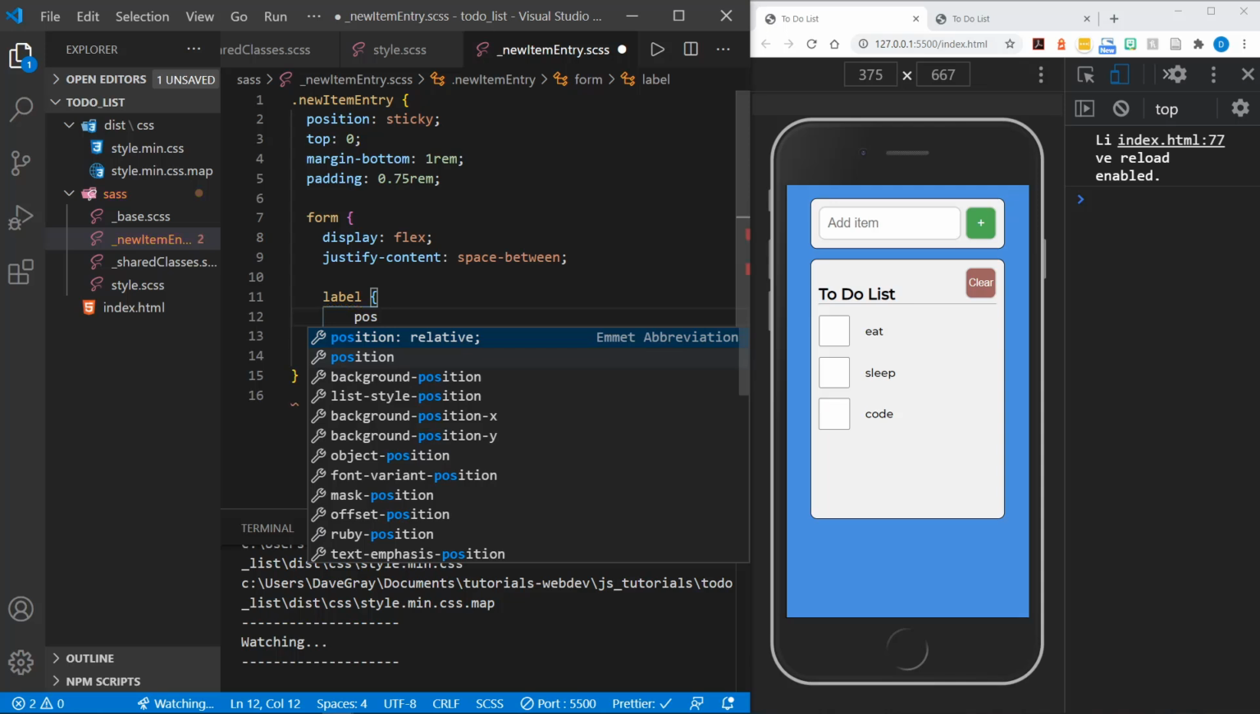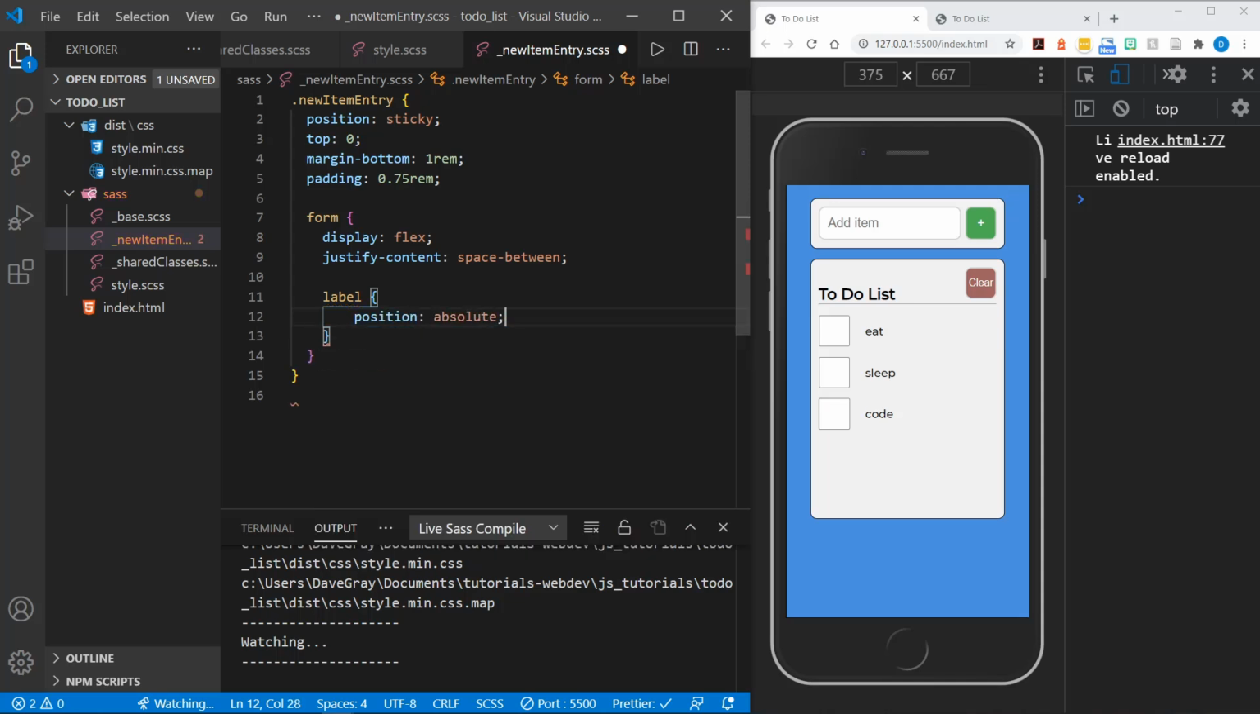I'll put the position as absolute, and then I'm going to send it left, and I'll put minus 10,000 pixels. And that will take that label way off the screen, but a screen reader will still read that label because it relates to the input. And now we can target the input,